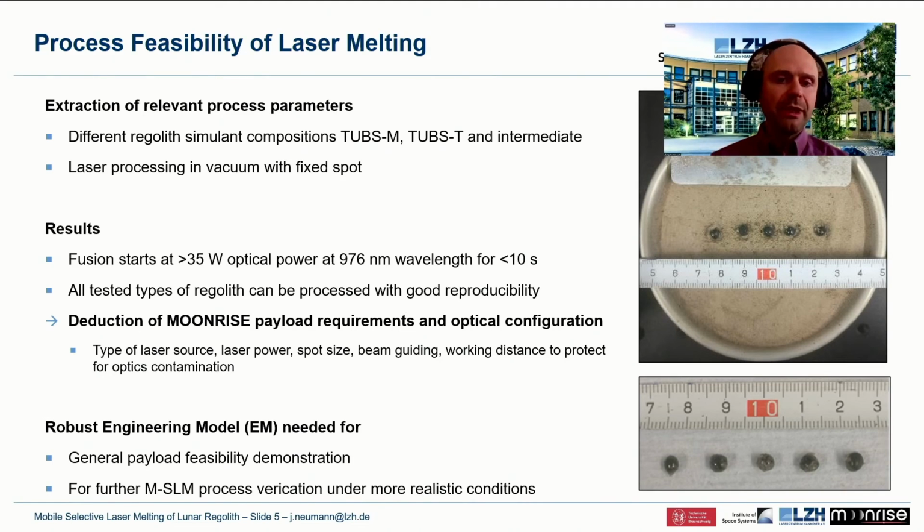With this, we built a robust engineering model on the one hand to generally demonstrate that such a payload is feasible in a certain volume and mass budget, but also to further verify the MSLM process on ground under more realistic conditions, and there you need a rugged